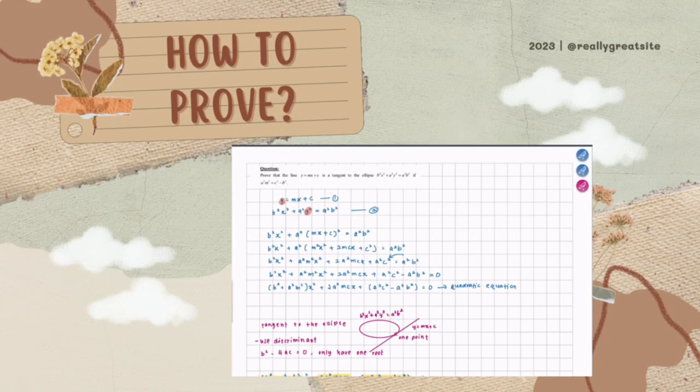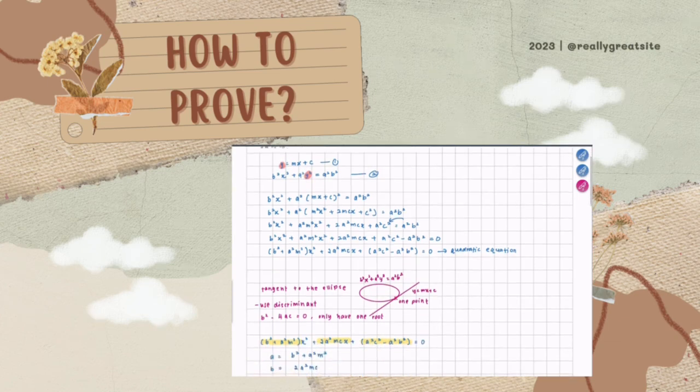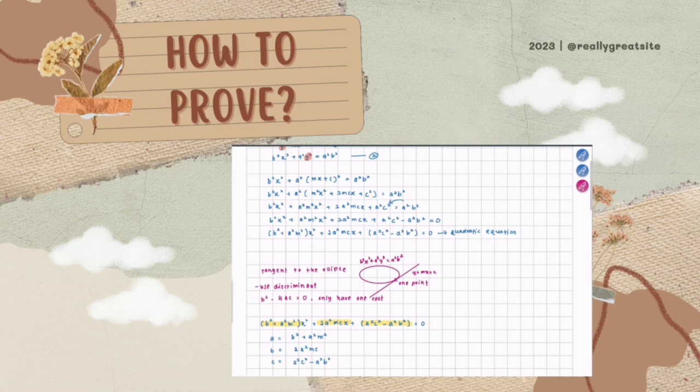Now, we want to prove that the line y = mx + c is a tangent to the ellipse b²x² + a²y² = a²b² if a²m² = c² − b². So, this is our first equation and this is our second equation. So, we need to substitute this y into this y. When we substitute, we solve this equation like usually, expand it and solve it until we get the